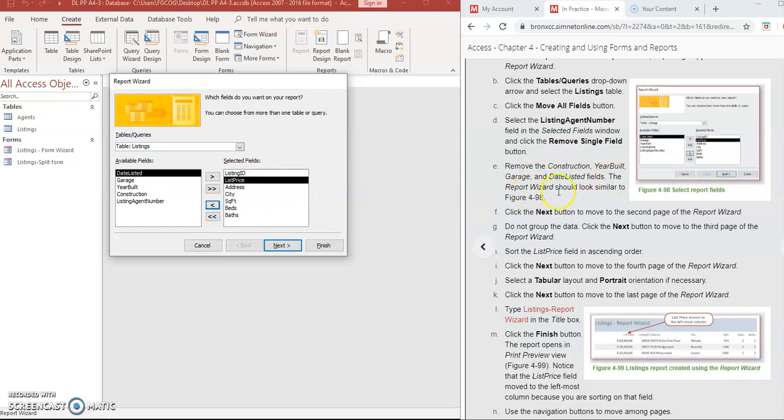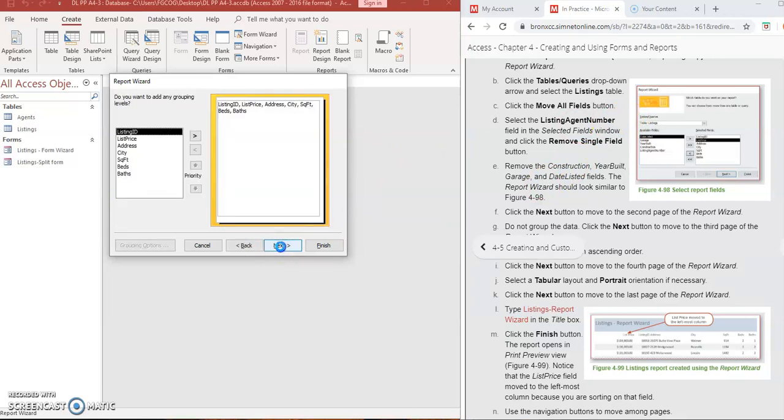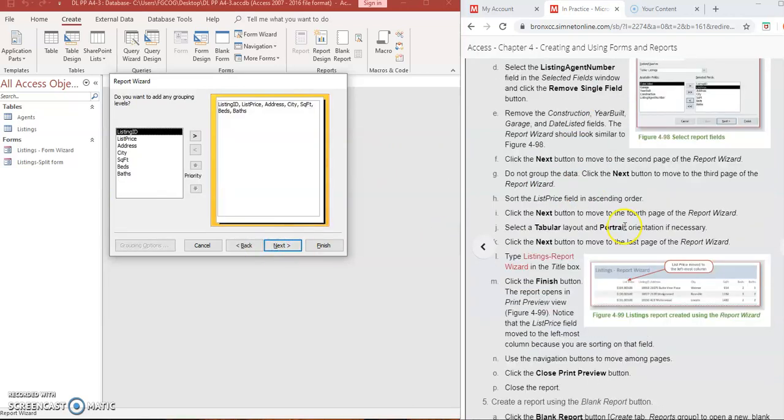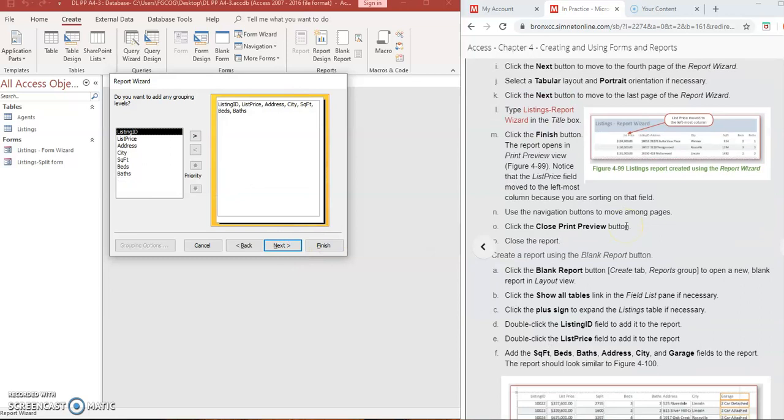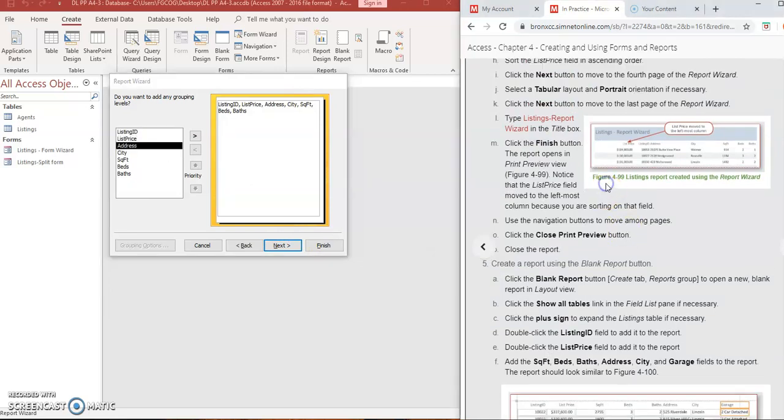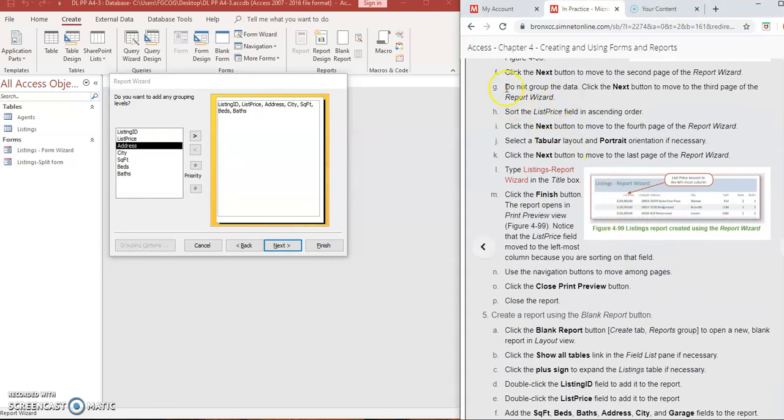Okay. So the report wizard should look similar to this. So you have moved the five that are back, and then only these fields will be included in your report. Let's click on next. And then it says we are in task G, so do not group. So click on next,